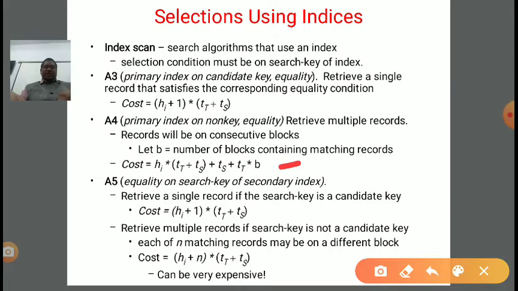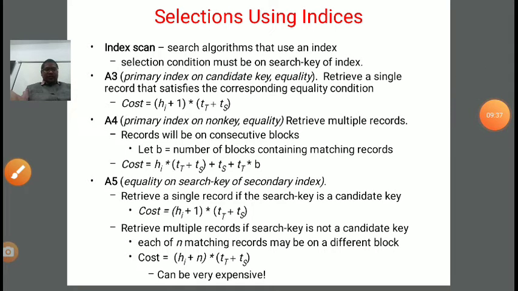The next algorithm is A5, and the name is equality on search key of a secondary index. What will it do? It will retrieve a single record if the search key is a candidate key.